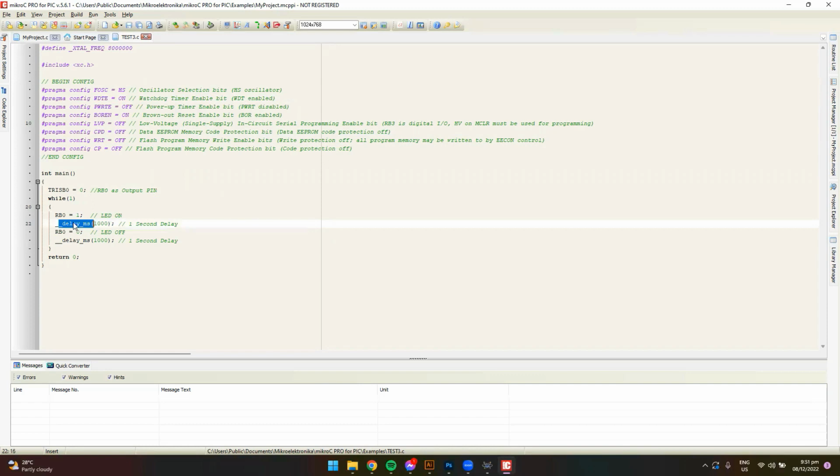And then the delay, underscore delay underscore ms, which is 1000, which equals 1 second. After that, set RB0 to 0 to turn off the lights. Now to upload this to a PIC microcontroller, we need to